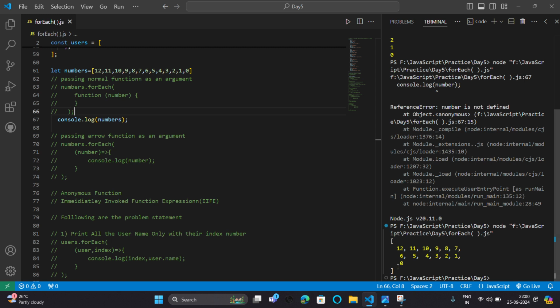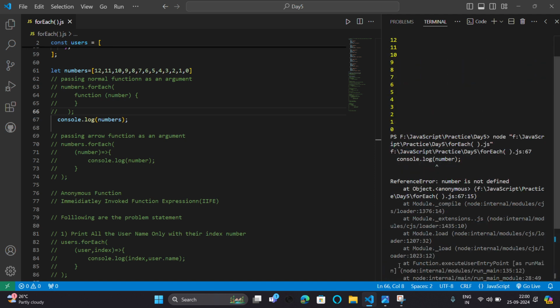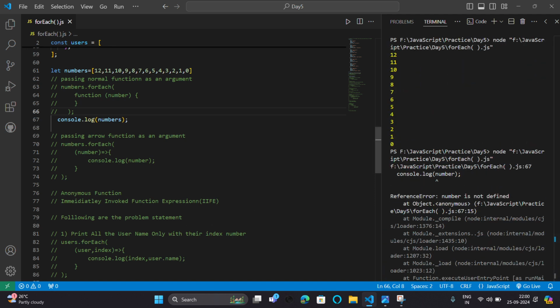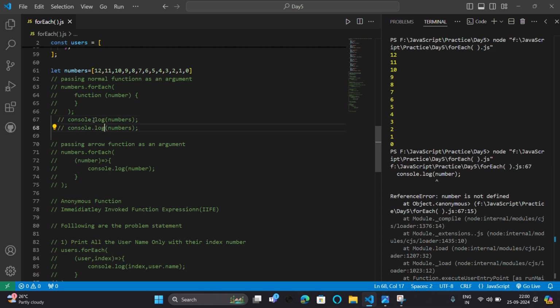So this is the output. It prints all the array, but printing this in the function and printing outside the function is different from each other.